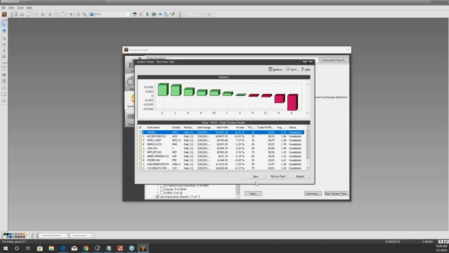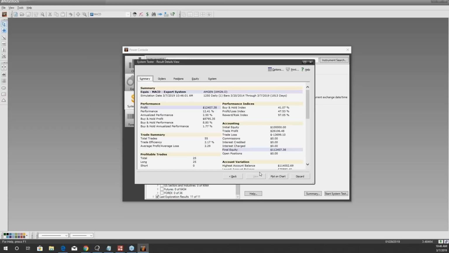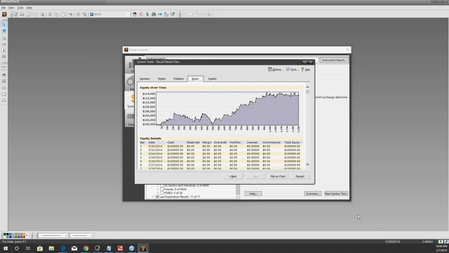Let's take a look here. So we'll just click into that one, click view. We'll go straight to the equity line. Okay, so that is a way better equity line, as you can tell. So right away, we started doing good. We got a good trade at around the 150 mark, and then we stayed flat, and we actually went down, but then we'll kind of go back up.